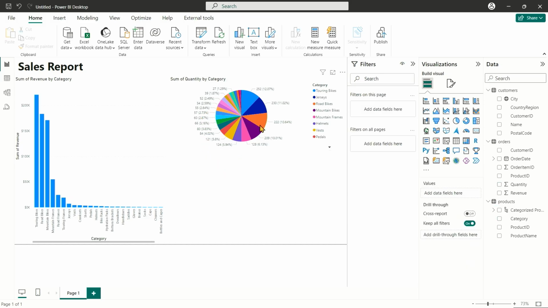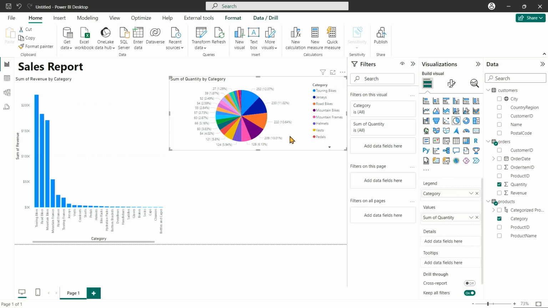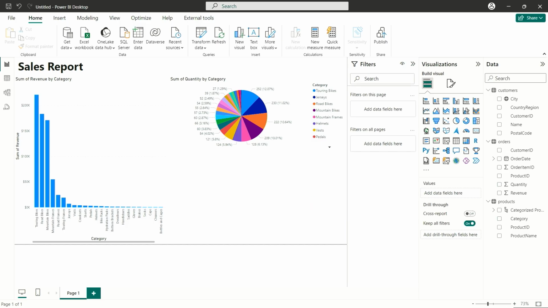So this is the sum of quantity by category. Okay, so if I select that here, you can see the legend is category and the values is sum of quantity, and it's slicing and dicing it by category. Perfect, looks good. Let's add our last